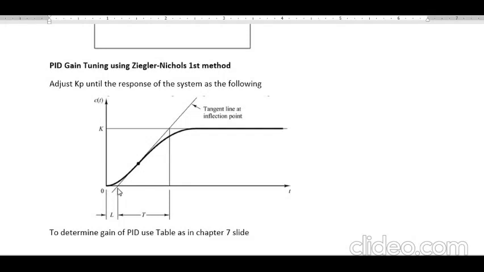From this until this we get L, and then this until this we get T, and from 0 until the setting point we get K. Using these parameters L, T, and K, you can determine the gain of the PID using the table in the chapter 7 slide. You can find it there.